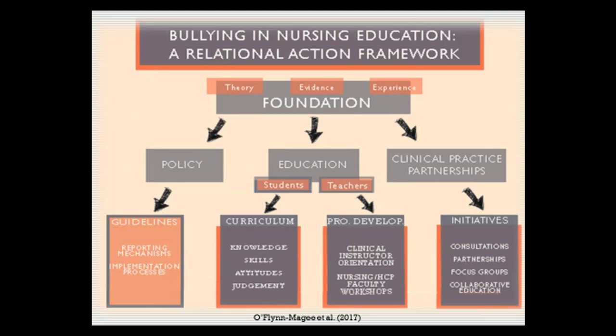I just want to very briefly contextualize the TLEF, and those 3 prongs include, number 1, policy. So the notion of students asked us, if they witness or experience bullying, they didn't know quite what to do or where to go. And so a number of years ago, students requested that we create something so that they would know where to go and whom to go to, and to have something in writing. That has been completed as a set of procedures that help us to enact the respectful environment statement here at